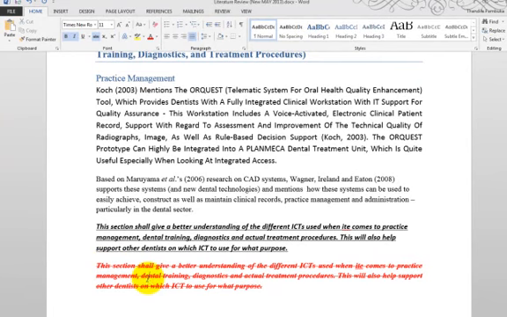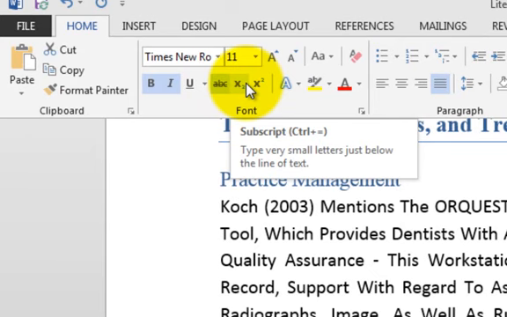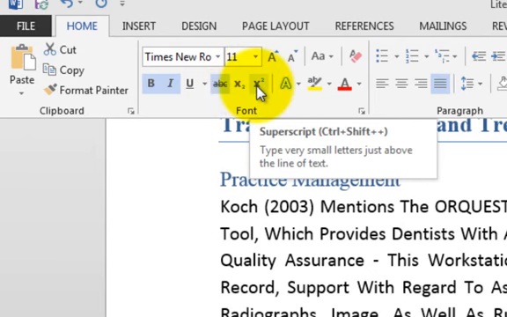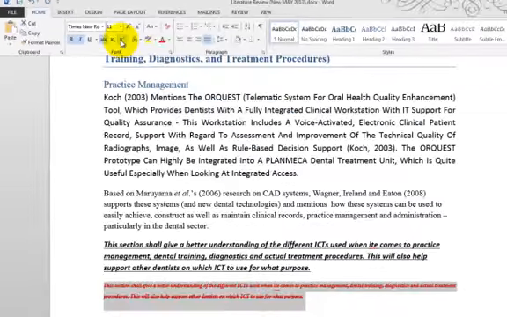Or maybe you want to emphasize that this is not what you want, but you actually want another type of thing. You've got these guys here known as the subscript and the superscript. Right now you don't